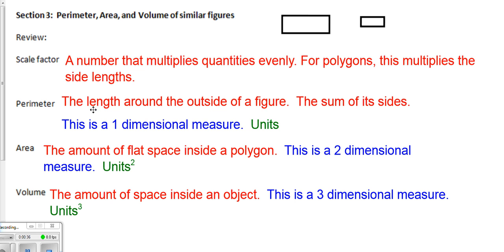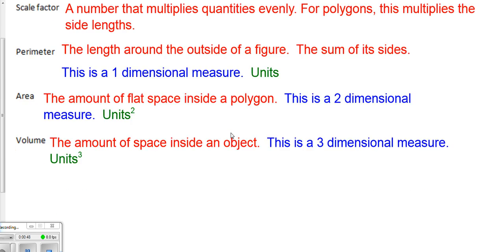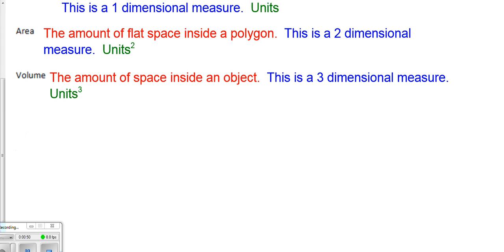Next word, perimeter, the length around the outside of a figure. If I were to measure this length here, this length here, this length, and this length, add them all up around the outside of that figure, that is the perimeter. Now this is a one-dimensional measure. I'm going to show you what I mean by one-dimensional. It just goes